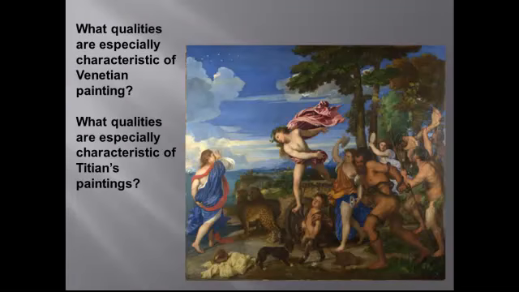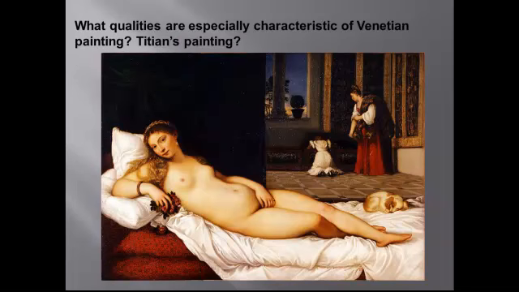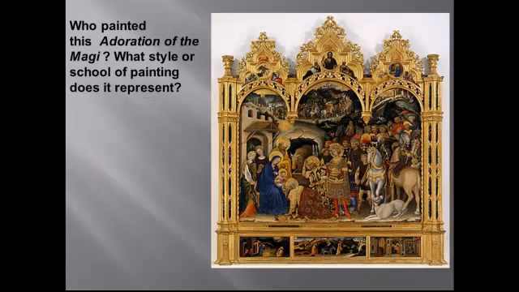So this question in various forms shows up on several tests. Here are a couple of Titians to help you think about your answer. And Titian is the most important and the most characteristic of the Venetian painters, although Giorgione is also important, and soon, actually, I guess Unit 9, you'll be looking at Tintoretto as well. This is Bacchus and Ariadne, and here's another Titian, the Venus of Urbino. These are two separate questions on the test, as were the questions about Titian and the Venetians. So consider yourself warned. This work and this artist are College Board favorites.